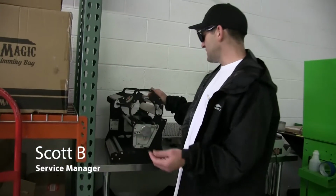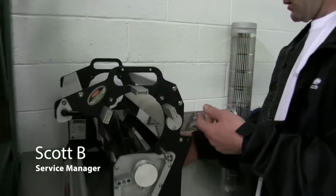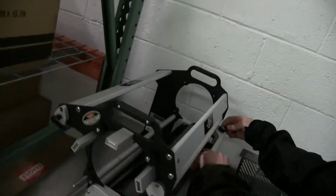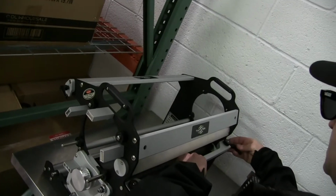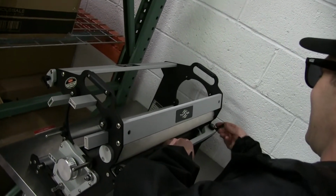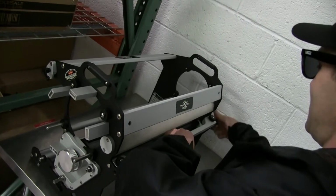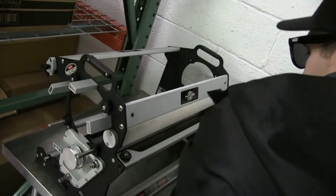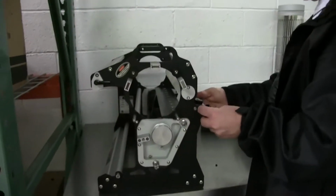So after I've got my machine cleaned or worked on, I first start with what I ended with last time, which was popping this adjustment bar down at the end. Just work the whole thing in reverse. Just try to think about what you did when you broke it down or watched the video, and just do the whole thing in reverse when you disassembled it. So I put the adjustment bar on first,